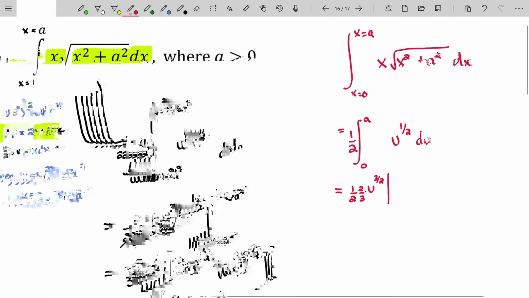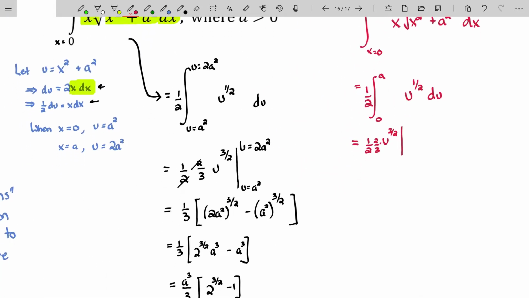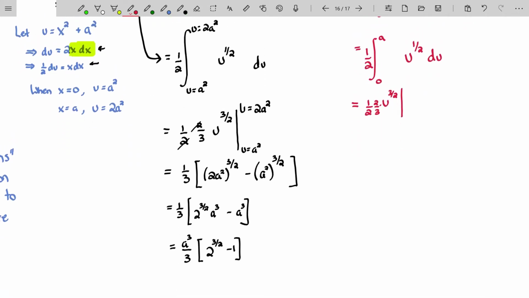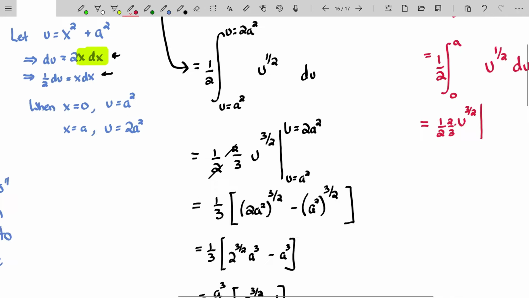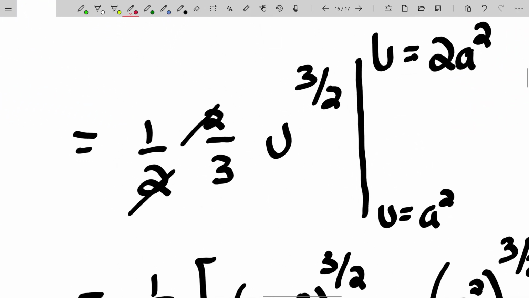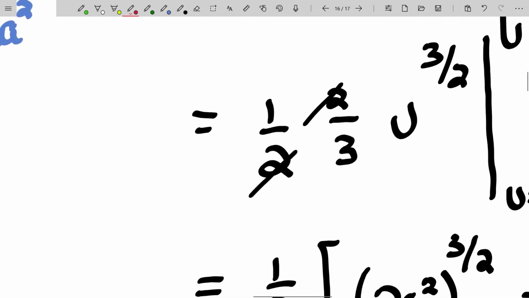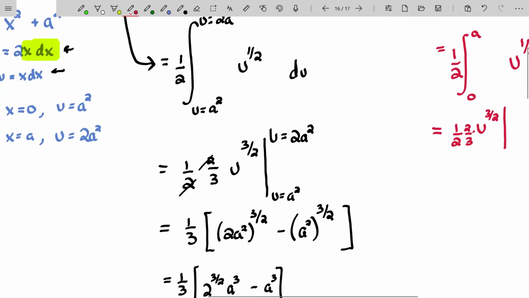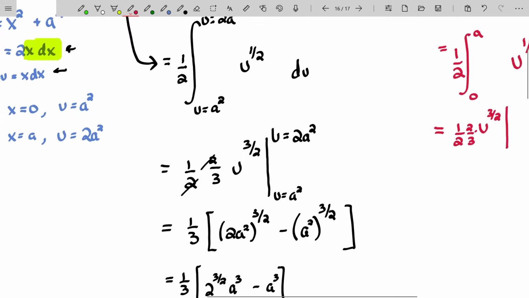Now, let me just show you right now. And it's not shorter work, by the way. It just looks like shorter work just because I've already done all the pre-work off to the left. But notice that we're pretty much at the same point. 1/2 times 2/3 times u to the 3/2. In red, 1/2 times 2/3 times u to the 3/2. However,